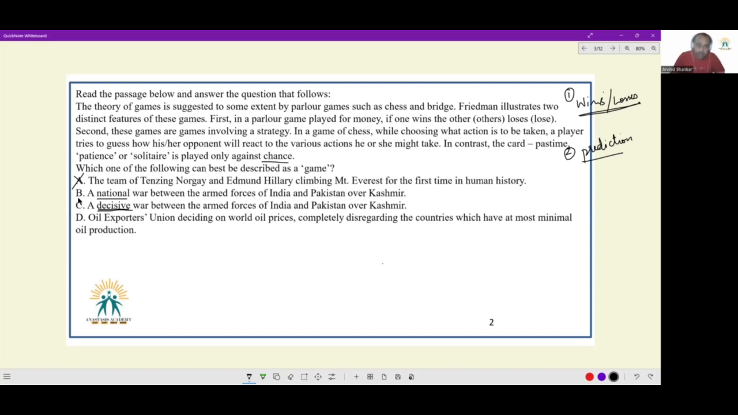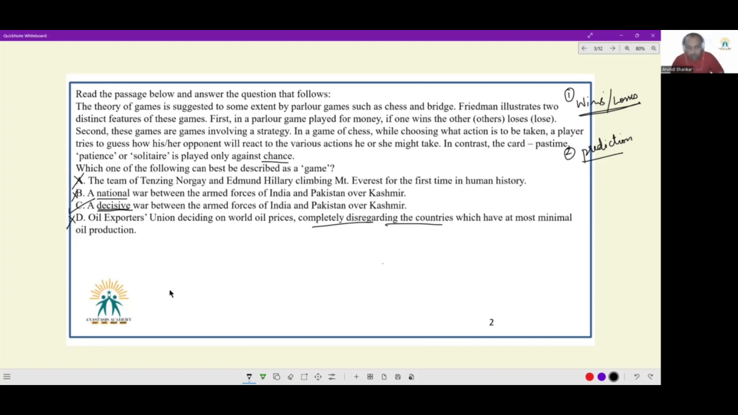There is nothing wrong with C. It's just that C is more correct. It's not B, it's C. That is the reason we have to employ. And C survives. Now between C and D, Oil Exporters Union deciding on world oil prices, completely disregarding the countries which have at most minimal oil production. If we are completely disregarding the countries, we are not engaging in a prediction-based mechanism where how the other party would behave. Therefore, between C and D, the better choice that survives is option C, and that should be the